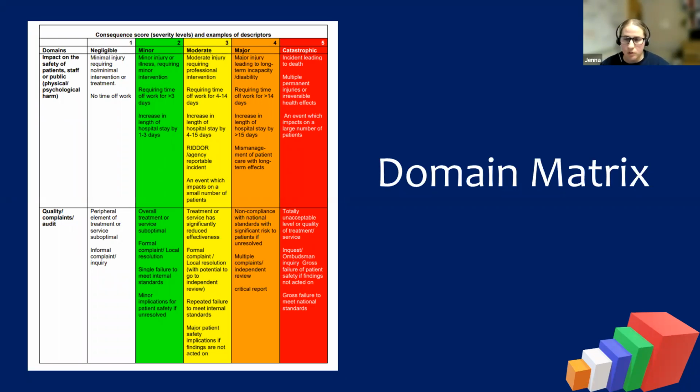So I can give them a call and say, I'm really sorry that was your experience on this occasion. This is actually maybe something that we're already doing something about. Or are they looking for, you know, that we haven't met national standards and that they're going to take us down an independent review, legal action and things like that.